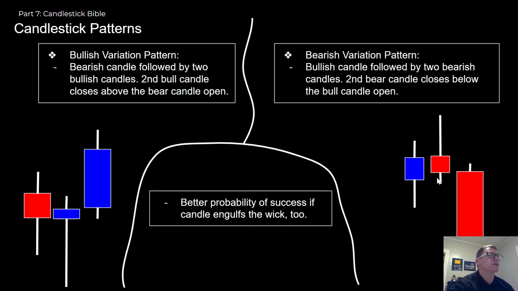Second bearish candle must engulf the bullish candle. And now all this is showing that prices are rejecting these certain zones. So obviously you want the bullish variation to occur at a level of support, and you want the bearish variation to occur at a level of resistance, showing that that is rejecting that area and it wants to go the